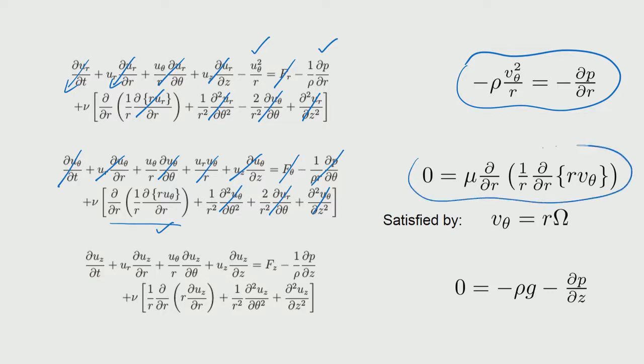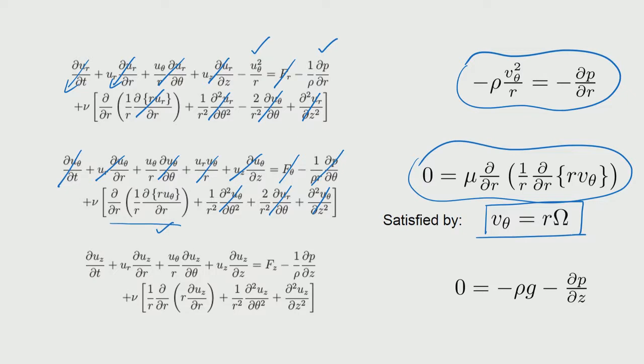So, that comes here. Now, the boundary condition is such that the linear velocity at the end of the container is given by r omega. So, if you plug that in, then you see that the equation is satisfied. V theta can be taken as r omega, which we can substitute and see that it satisfies.